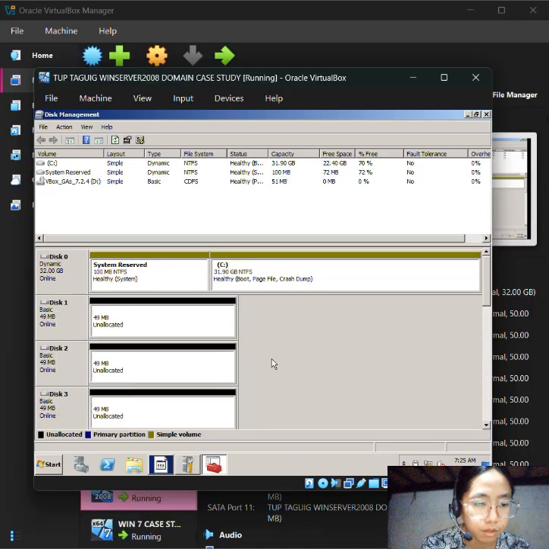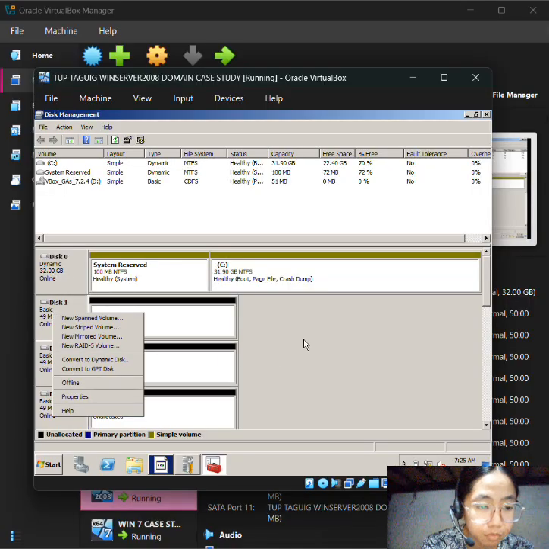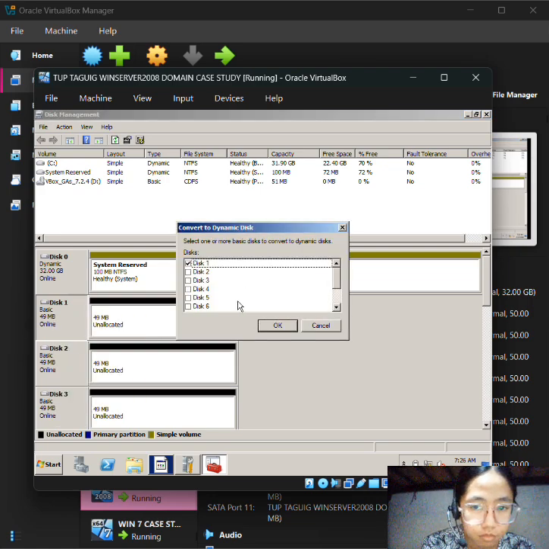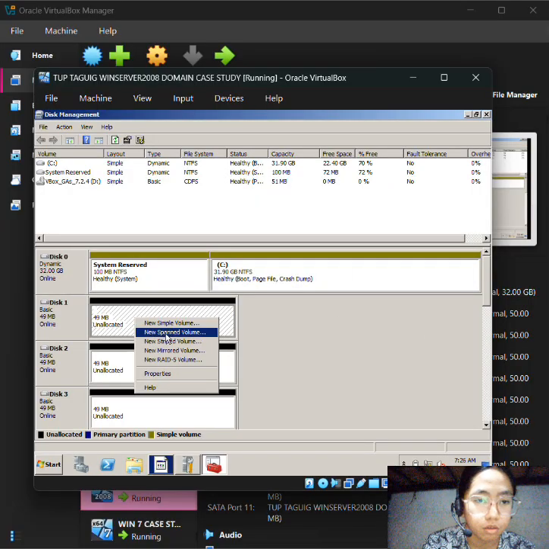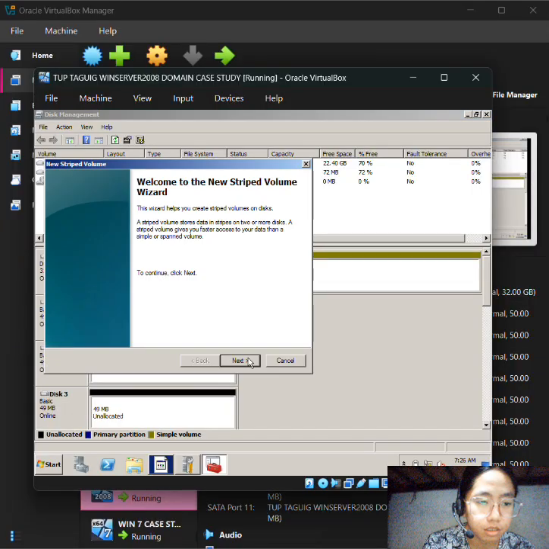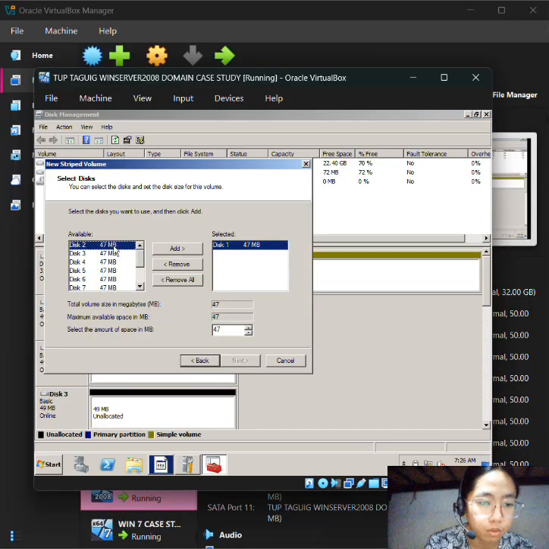So I will configure first the RAID 0. So this is for unallocated space. So add the disk 2. So the total of 94.